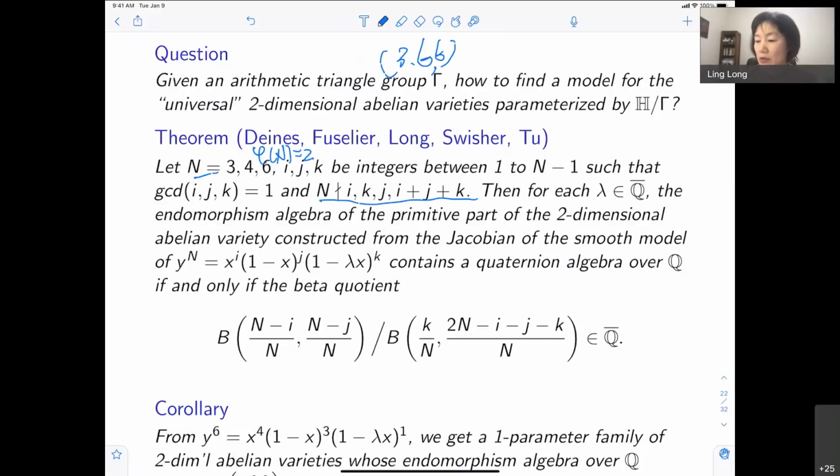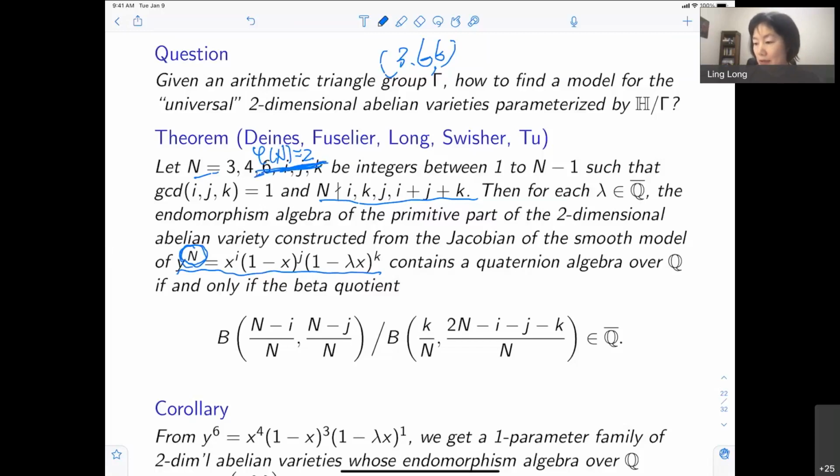Then we can get to a curve, which is going to be a ramified cover of CP1, ramified at 4 points, 0, 1, 1 over lambda, infinity. And we can use the Jacobian of this curve. In particular, it depends on the nature. We can look at the primitive part, because if I have a divisor of this superscript, the Jacobian will be a quotient. And then if I take away what is not primitive, we look at the primitive part, we get to a two-dimensional abelian